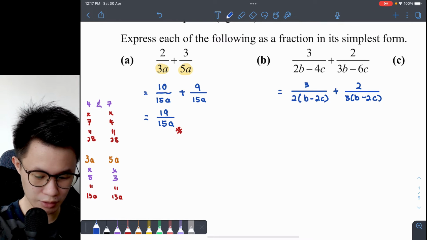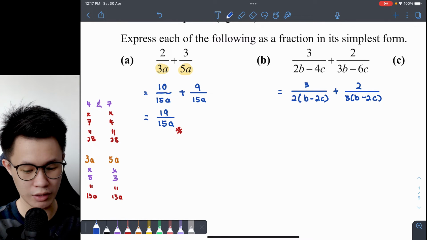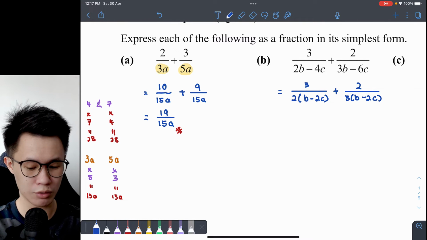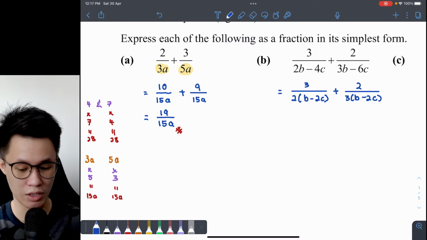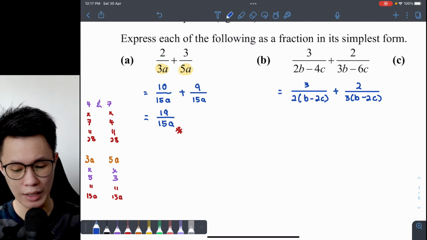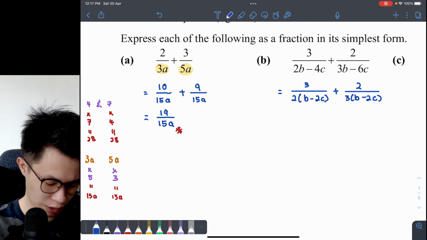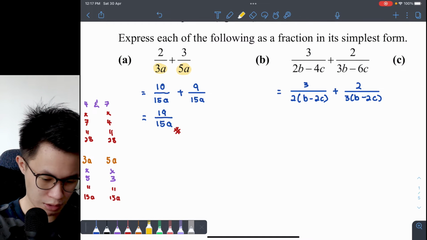Now from here, can you see that actually the common factor now is b minus 2c, and what's different is only the 2 that's multiplied and the 3 that's multiplied. So actually I don't really have to be bothered too much about the b minus 2c. I don't actually have to remove it. I can just leave it there. But in fact, if you look at the denominators carefully,